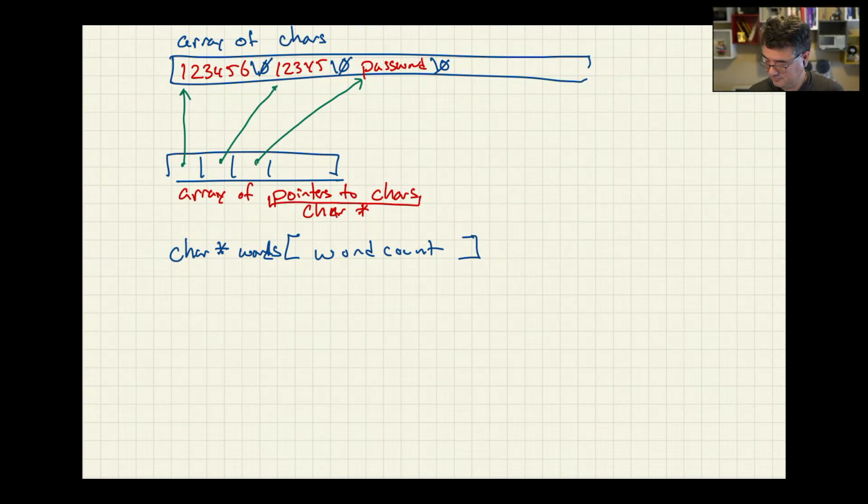Okay. Why does that matter if we're just telling it where to go in the array? If we're just saying go to this element number in the array? Why does it matter that these are pointers to characters? Yeah, I mean, in my mind, it wouldn't make a difference if we're pointing to a pointer in an array or an element in an array. It's still a number, right? It's still a number, but the compiler requires you, when you declare any type of pointer, that you tell it what kind of thing it's pointing to. Okay. Right? And that way you don't mix your pointers up. I don't have a pointer to a character mixed up with a pointer to an integer.